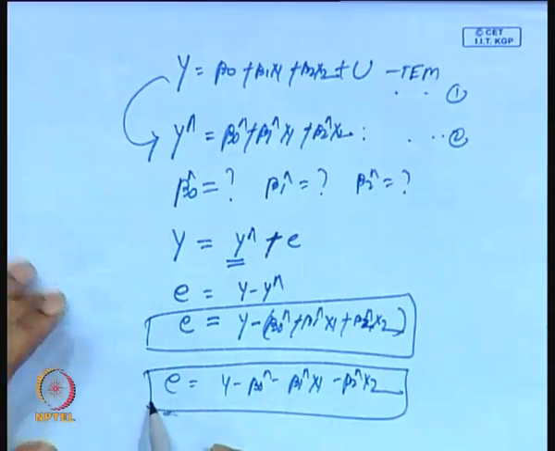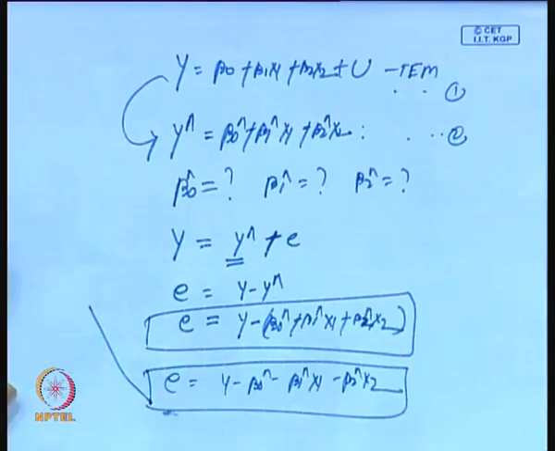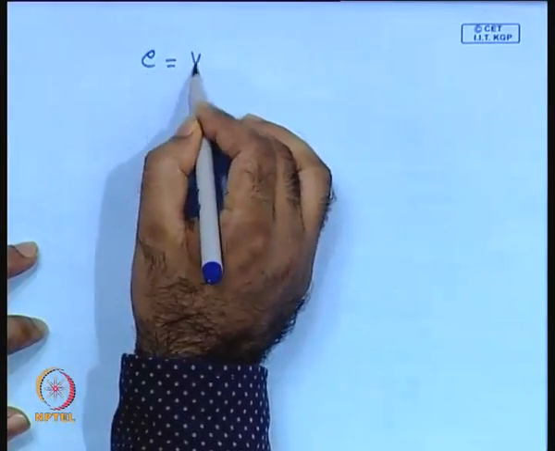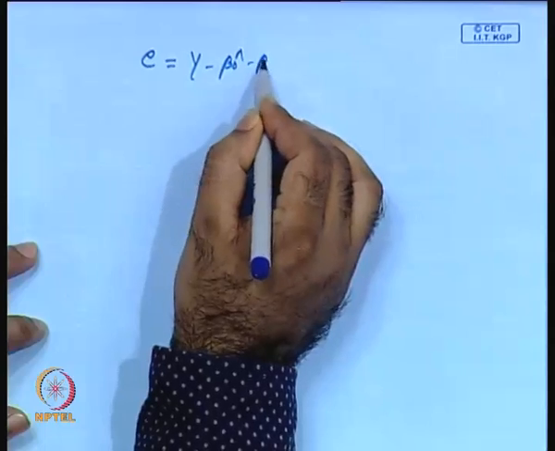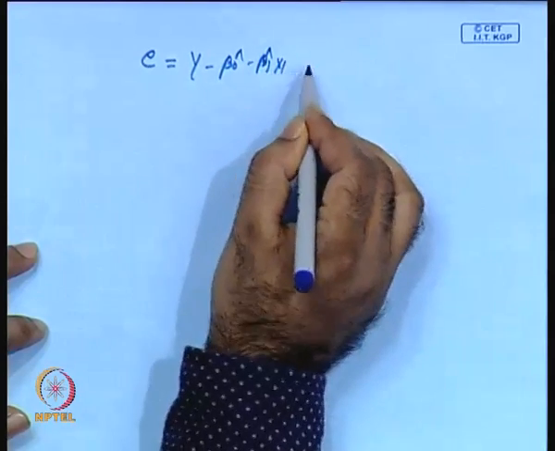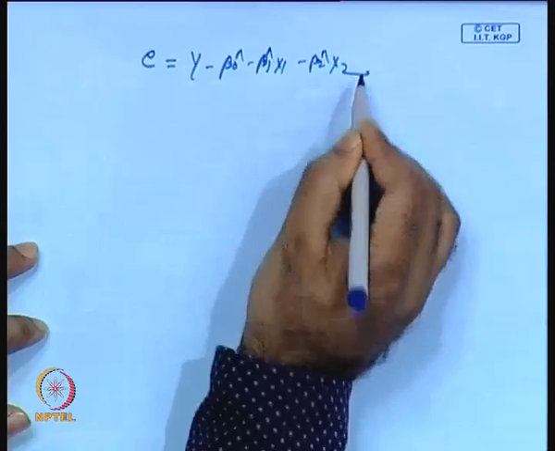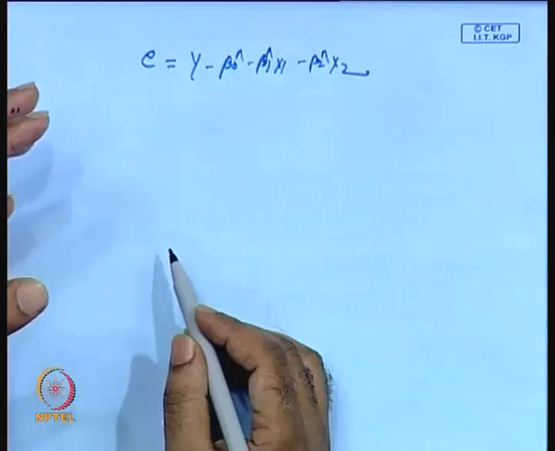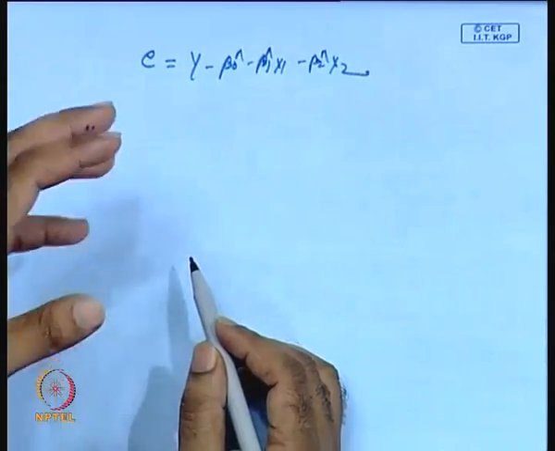As usual in the bivariate structure, we have strong objectives. Let me highlight here once again: E equals y minus beta 0 hat minus beta 1 hat x1 minus beta 2 hat x2. Now our objective is to get beta 0 hat, beta 1 hat and beta 2 hat. So how do we go for that? Since our objective is to get all the parameters, beta 0 hat, beta 1 hat and beta 2 hat,